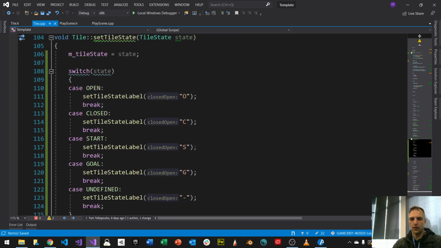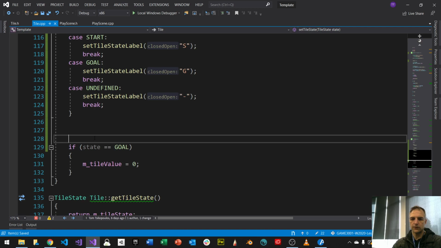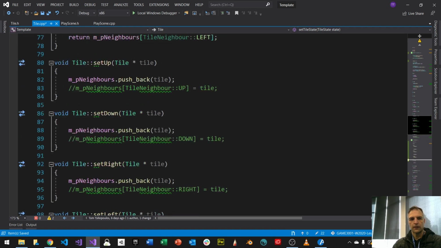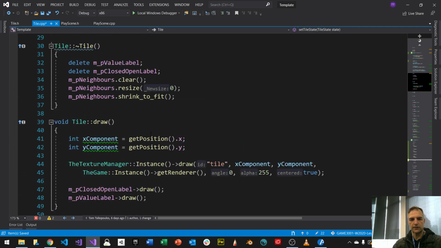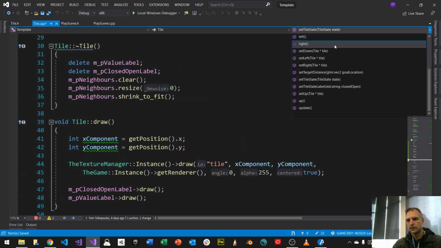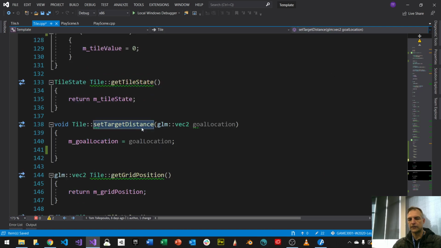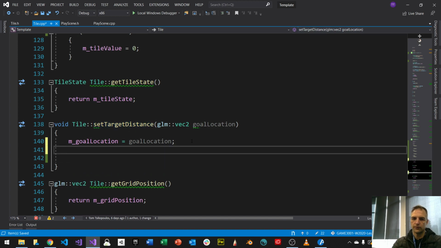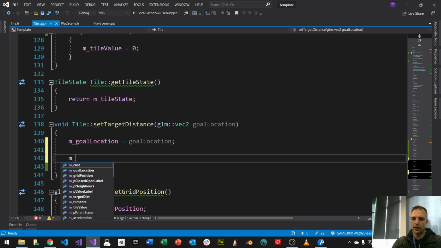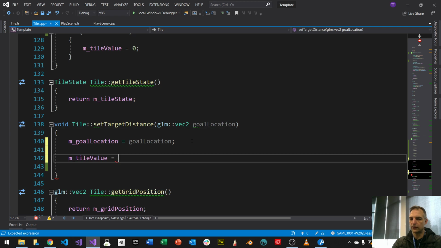Okay, cool. So I want to set the target. That's what I want to do, like it says. I want to set the target, and if I go there, so set target distance. Target distance is going to be based on a vec2, the goal location. I know that I can use util. Util library has a distance function that gives me the distance between 2 vectors. So I'm going to use that. So I'm going to say that my current value, which is the distance, m_tile value, is going to be the distance between those 2 vectors. So util